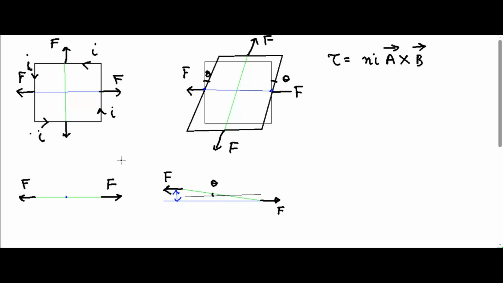In the last video we finished off discussing that if there is a closed current carrying loop placed inside a magnetic field, and the magnetic field we discussed was coming out of the screen of your computer, then this closed current carrying loop will experience a torque. Why it will experience a torque we discussed in the last class,